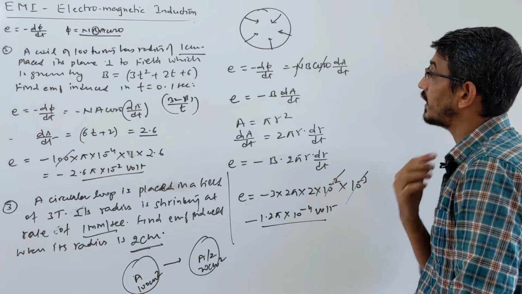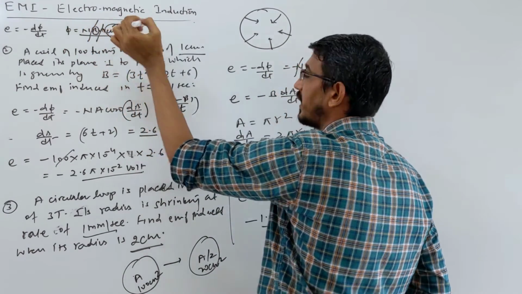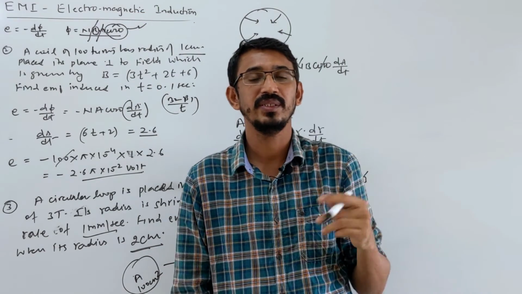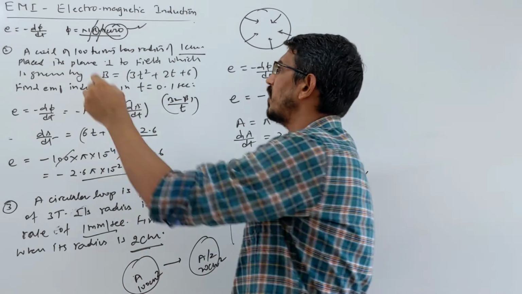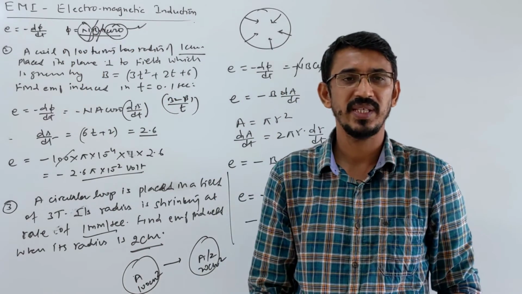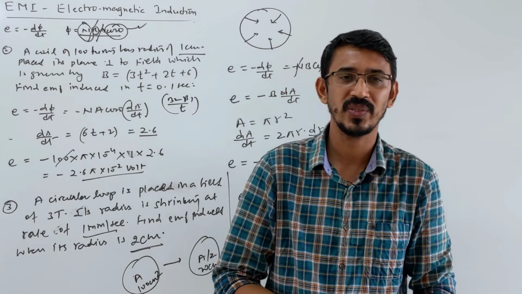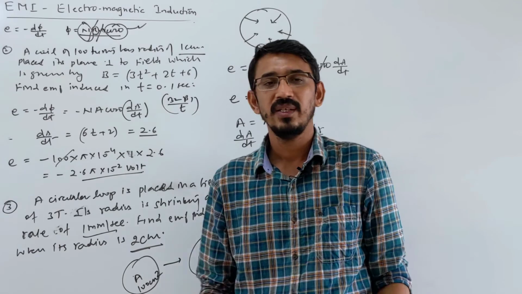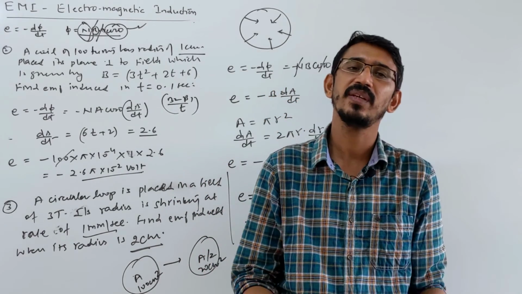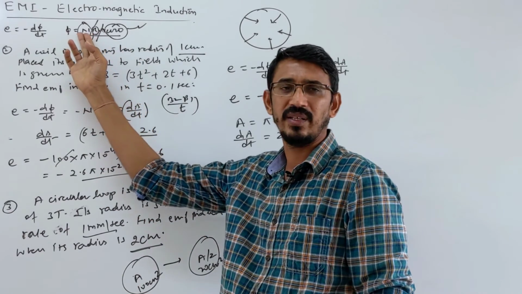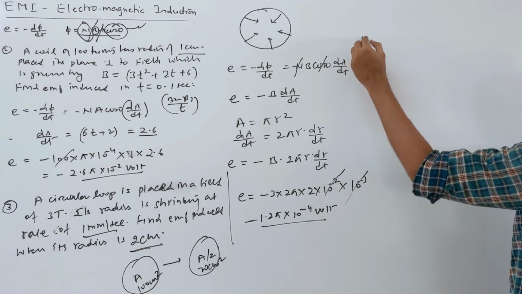So I gave examples of magnetic field changing, area changing, and angle changing. I will talk about the angle at the end, when we learn devices like the dynamo or generator. Number of turns is very easy, so I am not giving an example. Generally they don't ask this question because changing the number of turns is a very hard job. Even if they give that the number of turns of the coil changes from 100 to 50 in this much time, to calculate the EMF induced you can write change in N, like n2 minus n1, by t. That's all.